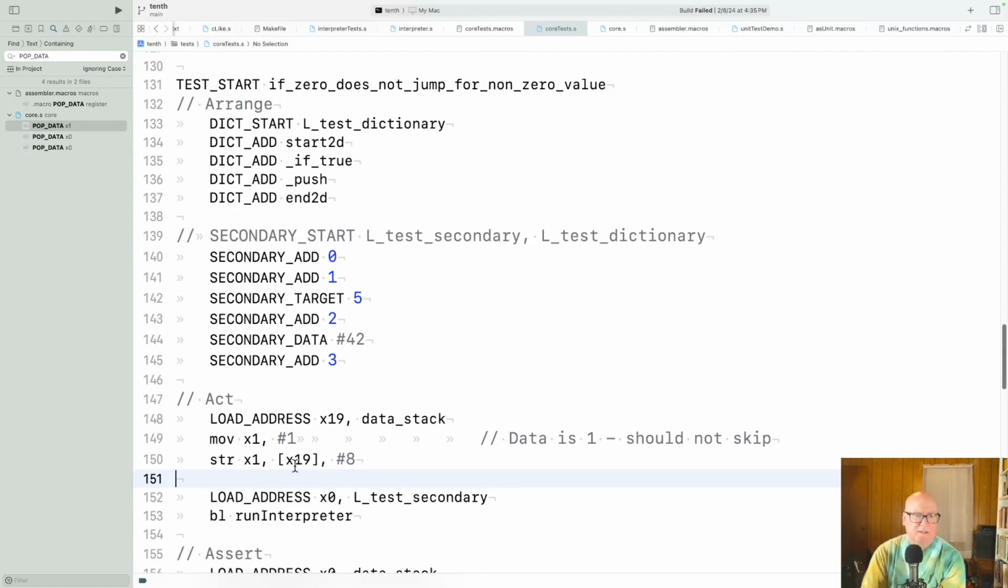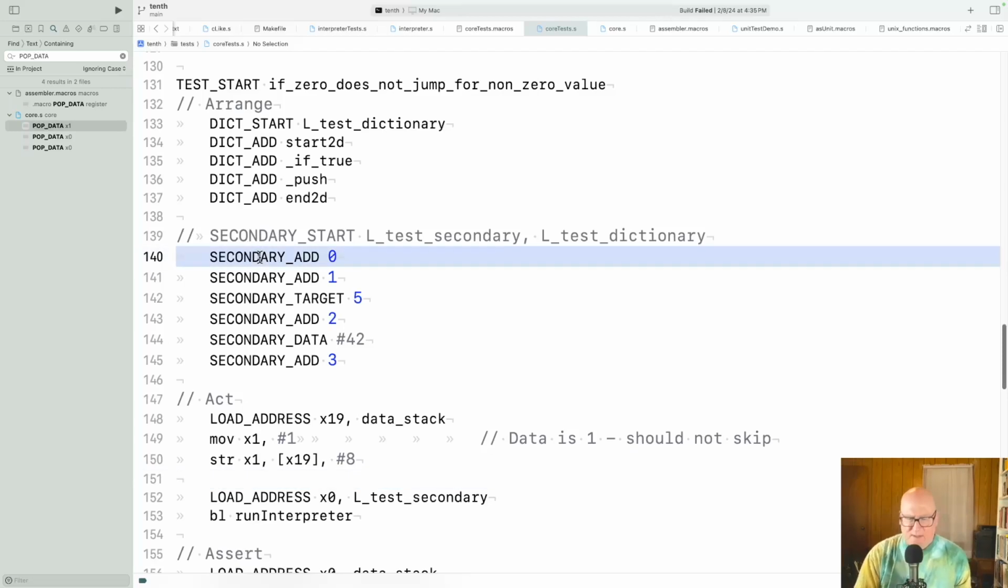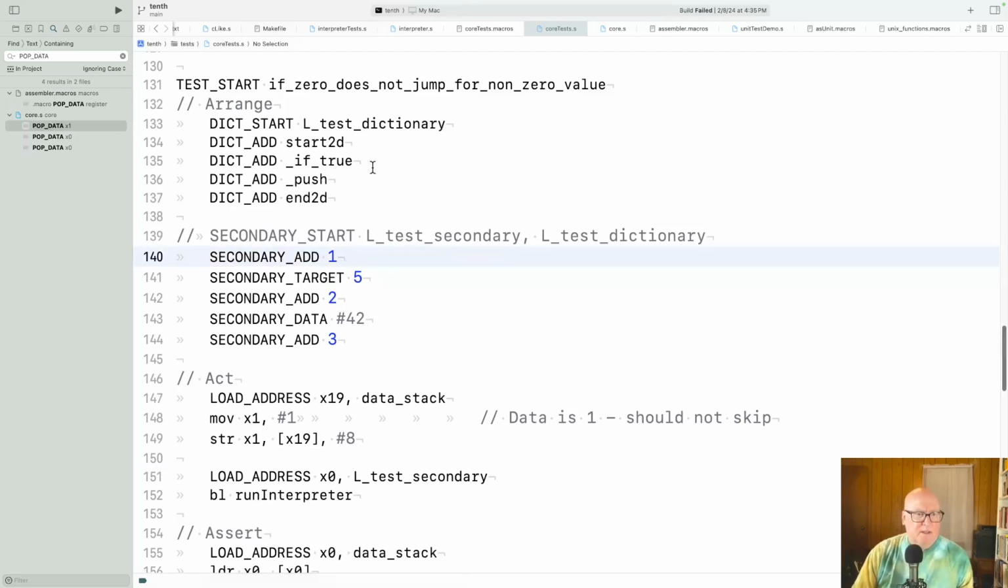This is... Why are we pushing this on the stack? Data is 1, should not skip. Well, it seems like our test should make that decision. All right, so address